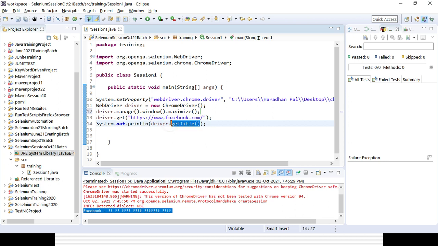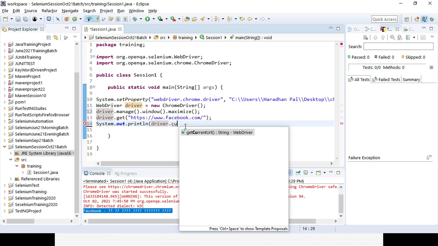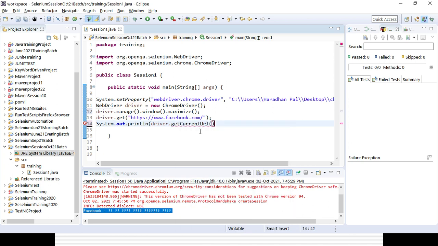Driver dot getCurrentUrl, I can get it and then print it. Then I can close it, driver dot close or quit, any of them you can use.